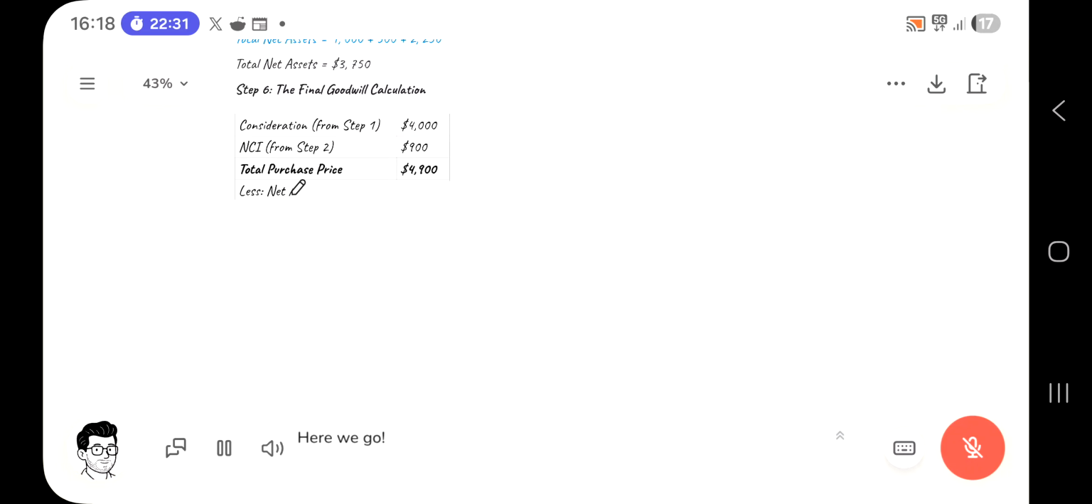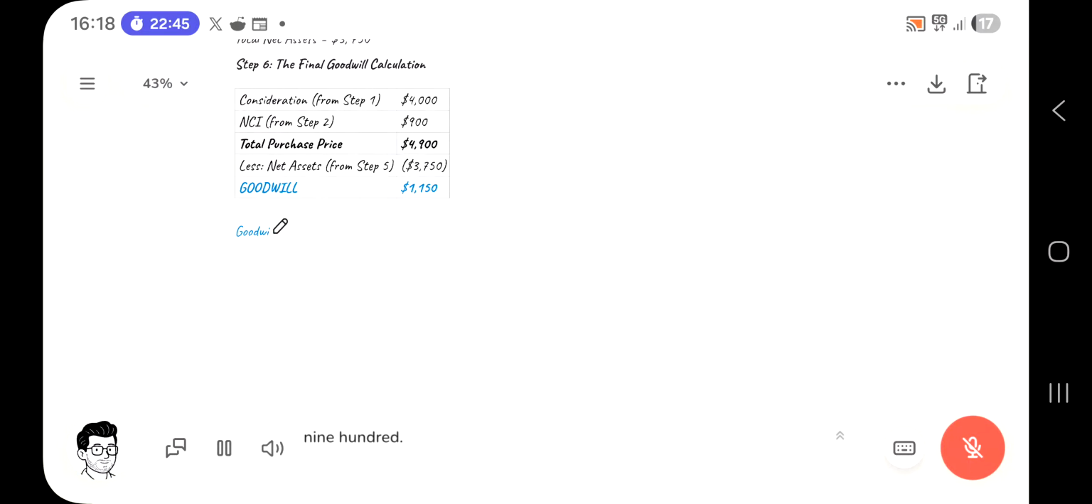Here we go. We take the price Pat paid, which was $4,000. Add the value of the 20% owners, which was 900. That means the whole business was effectively bought for